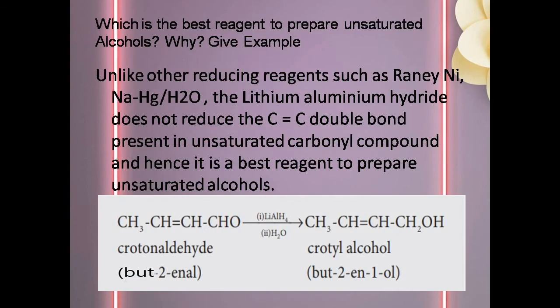And when we add lithium aluminum hydride, reduction will take place. Reduction means addition of hydrogen. You add hydrogen near the aldehyde carbon, CH2, and the O you have to interchange it, so that we get crotyl alcohol. And here also 4 carbons, pure. In the second carbon we have a double bond, so 2-ene, in the first carbon we have alcohol, so 1-ol.